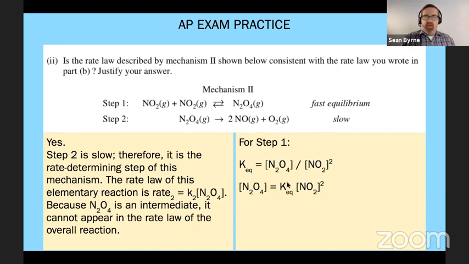And then we can rearrange this in a similar way that we did before to say N2O4 is equal to KEQ times NO2 squared, right? Just algebra there. And then we could plug that in for our rate law, and we're just continuing to bring this K2 that's down here. So this K is a different constant, again, from what we've had before, but because it's constant, we can say that this is consistent with what the rate law was that we had before because of our concentrations of NO2. So two different ways to solve it.